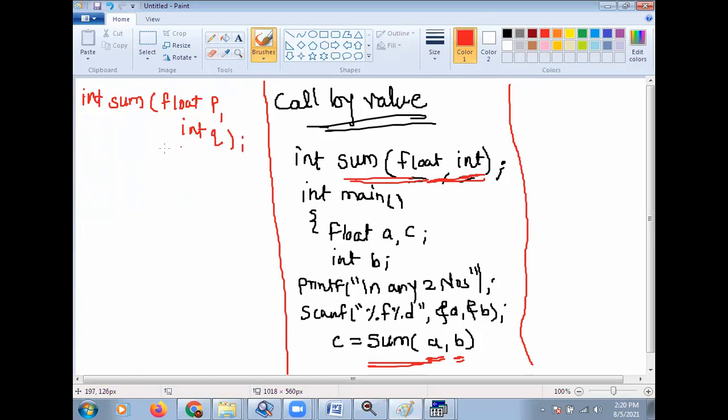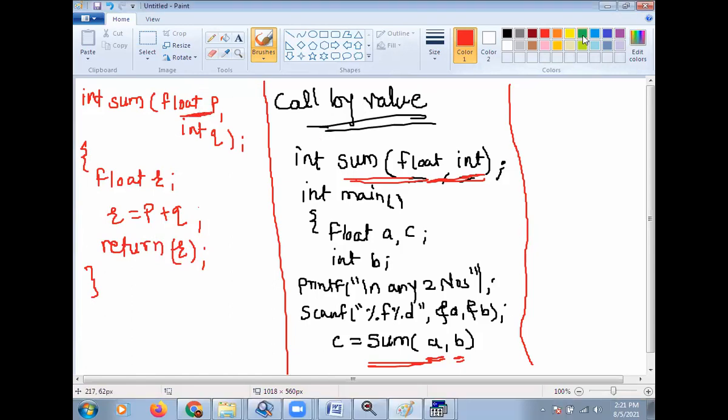Okay, then here float r, then r is equal to p plus q, then return r, then bracket complete.